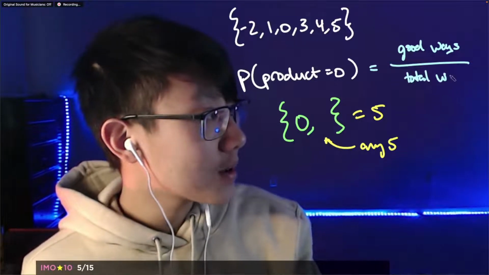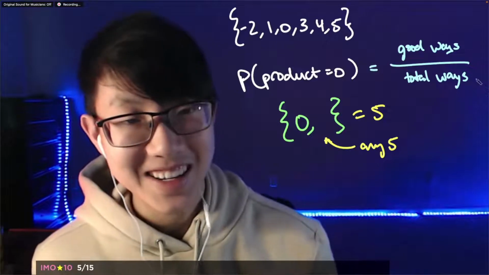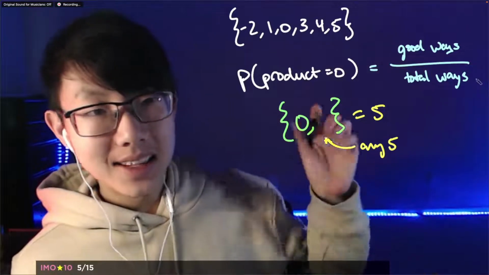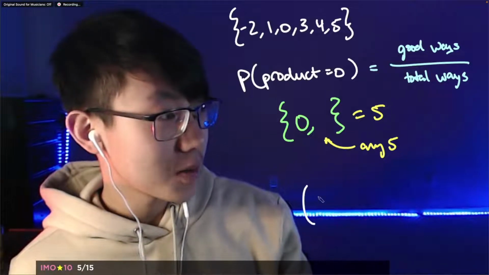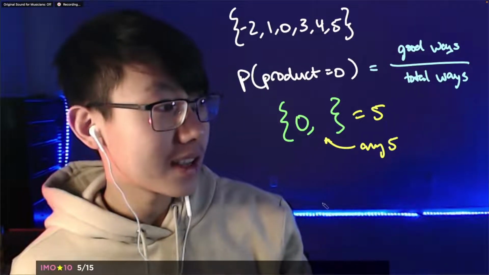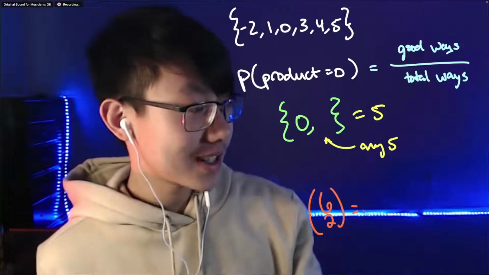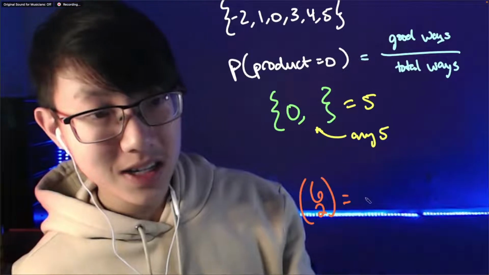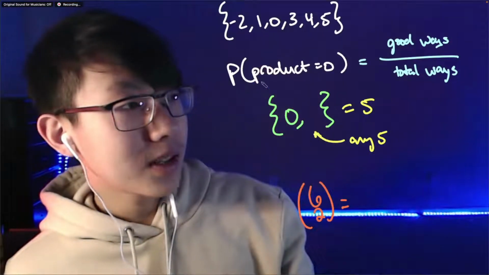So for the total ways, I see you guys have in chat already are saying 6 choose 2. 6 choose 2, right? 6 choose 2 literally tells us, in a group of 6, please pick 2 things, which is exactly what we need right now. But what exactly is 6 choose 2? And if you're not familiar with this notation, the big idea is, well, for example, looking at our set again,